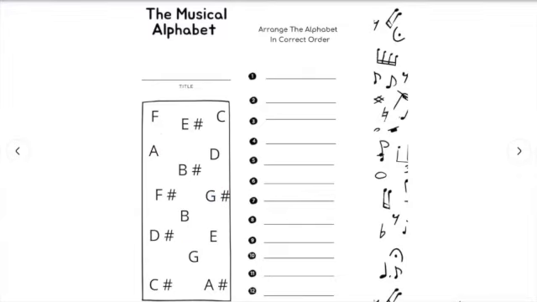So obviously, our very first one would be A, and then our next one would be A sharp,